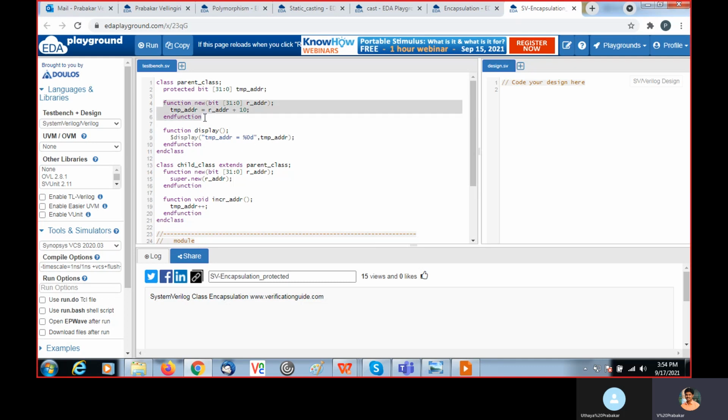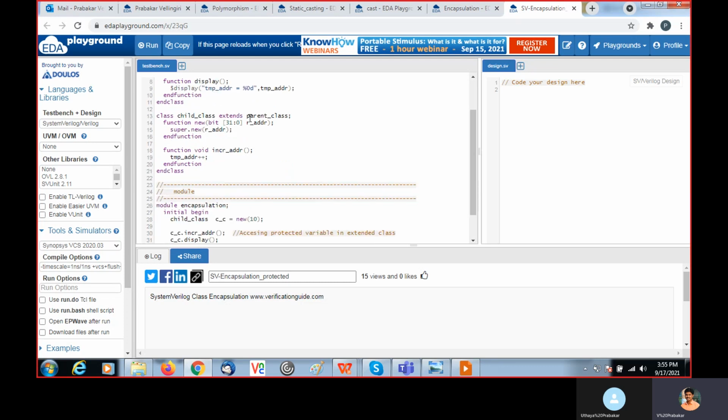Here I am creating function new, explicitly writing function new, so that when I call new, this will be called. I'm writing some input argument like r address. It will receive here, 10 will be added to the r address, and it is assigned to temp address.